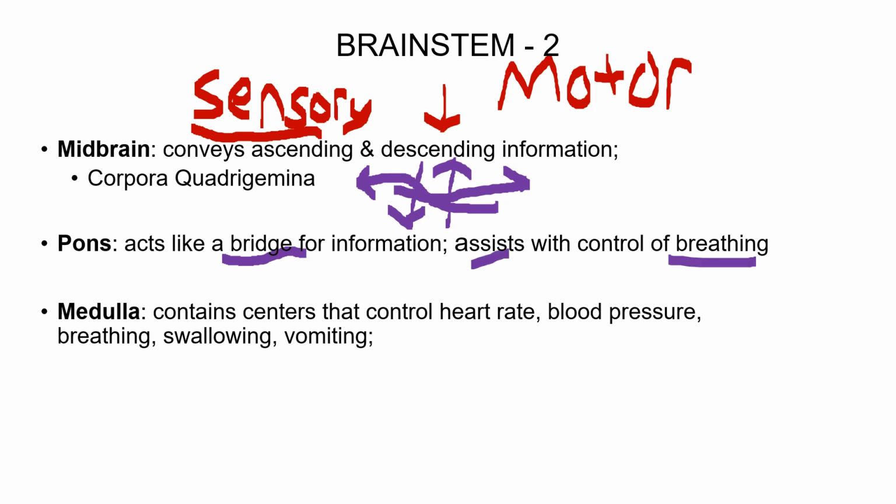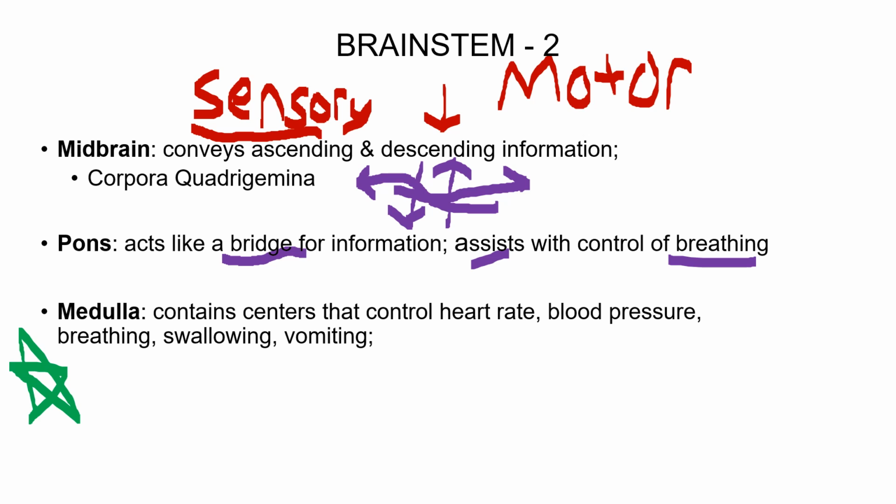It helps regulate breathing, but what you'll see in just a second with the medulla oblongata is the medulla is what's really in charge of your breathing, and the pons just kind of gives feedback and keeps things normalized. So the medulla oblongata, and you can argue with me and debate with me if you want, but I would say this is the most important part of the human body, right? You can say, oh no, the heart is, or oh no, the liver is, or oh no, the pancreas, or no, the cerebrum is. You have to have a frontal lobe. I don't know. If I had to choose one thing, I would say the medulla oblongata,